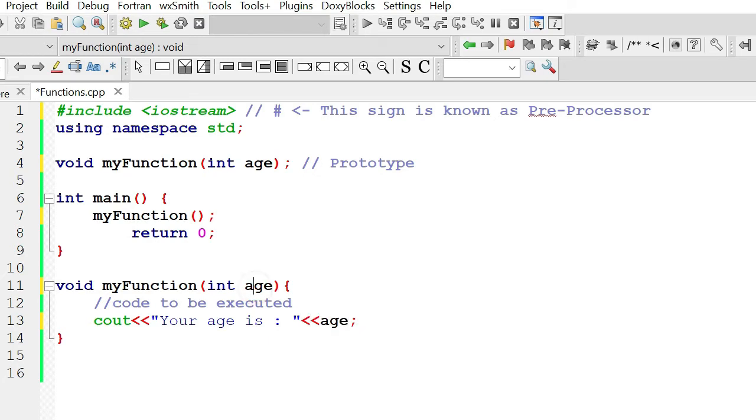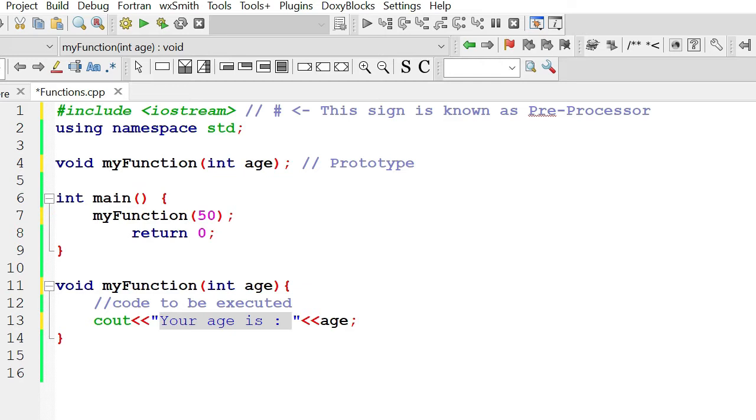Now, as we have introduced the parameter in the function, we need to pass the argument, and that argument shall be of type integer. For example 50. So 50 is an integer that will be passed to this function, and this function will receive this 50 in variable age, and that age is printed here in this cout statement. You can see it here. This age in quotes is very different from the variable, because it will be printed as it is, with the spelling age,